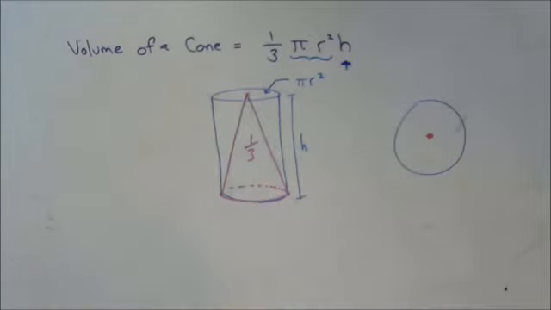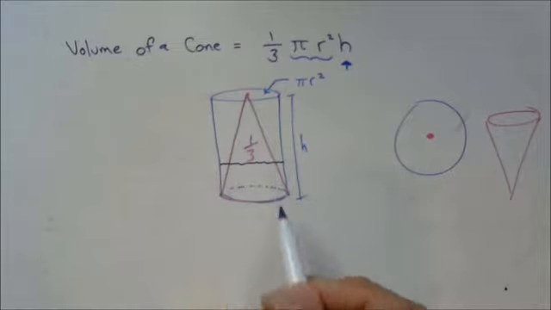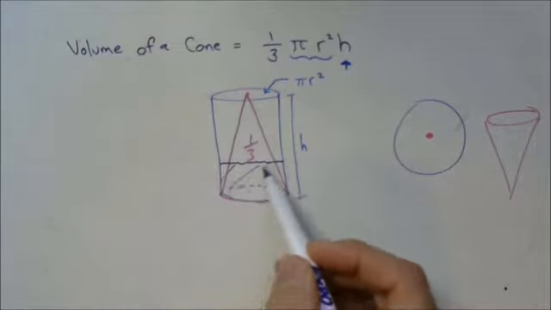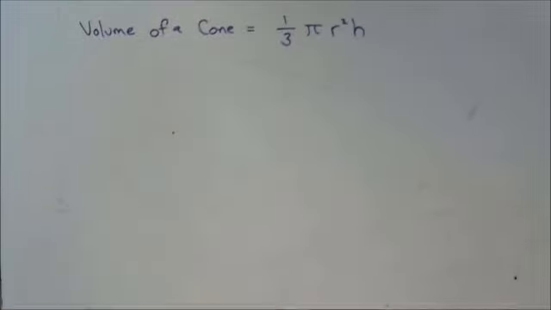Another way to say that is if you took that cone and you filled it with sand and then you poured that sand into the cylinder, it would come up to about here. It would take up 1/3 of the volume of the cylinder. Okay, so here's our formula. There's a general understanding of how it works, and let's dig into our examples. And of course, we're going to leave our formula at the top of every homework page that we do. We're going to write it over and over and over again in an effort to remember it and use it